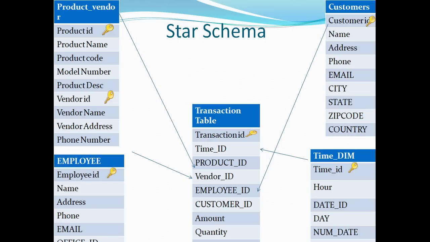Like my manager, he wants to see for the last 7 days how much revenue was generated each hour, because he wants to increase his employee strength. He wants to hire some temporary employees, but he only wants to hire for those particular hours where the business is high, the number of orders is high. So what he will do is he will join it with the time dimension. He will do a group by and calculate the amount,